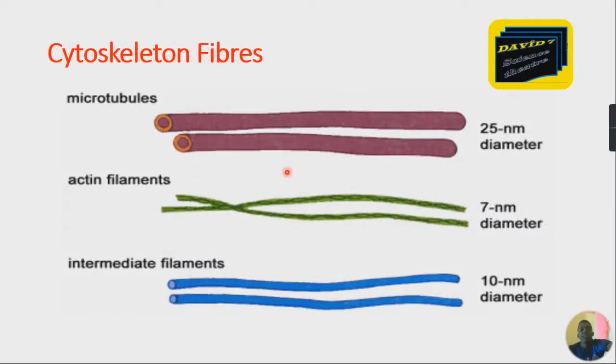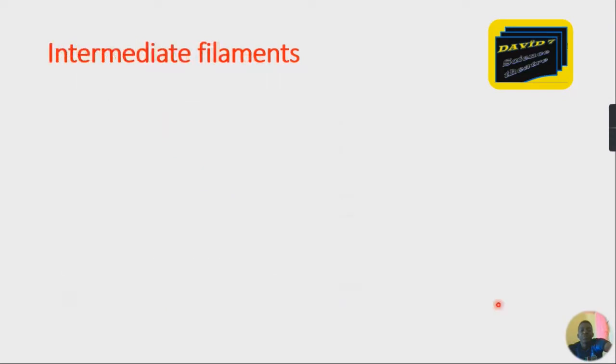So if you look at this, we have cytoskeleton fibers. We have the microtubules, whose diameter I mentioned. We have the actin filaments, which are the smallest in diameter, 7 nanometers. Then we have intermediate filaments. You can see these are 10 nanometers in diameter. So let's continue. The intermediate filaments are